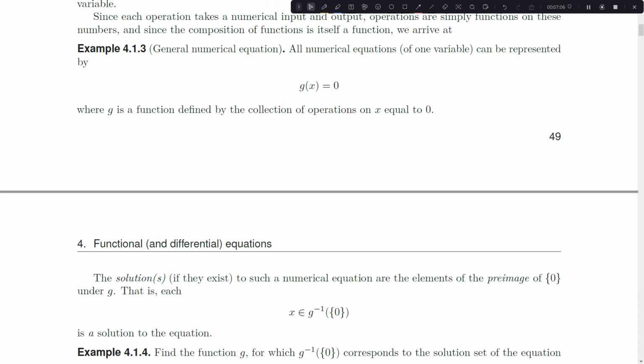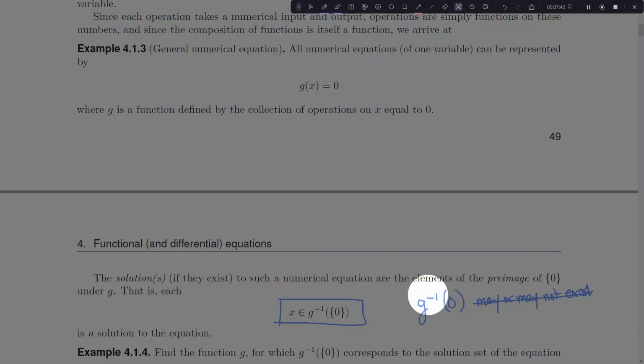Okay, now we're going to jump into some new notation that you might not have seen unless you've taken Intro to Proofs or something similar. And that's this notation of g inverse, except I'm not putting 0 in here. That's not what I'm writing down. It's not g inverse of 0. G inverse of 0 may or may not exist. But to avoid this whole idea, because inverse functions need to still satisfy the criterion of functions,